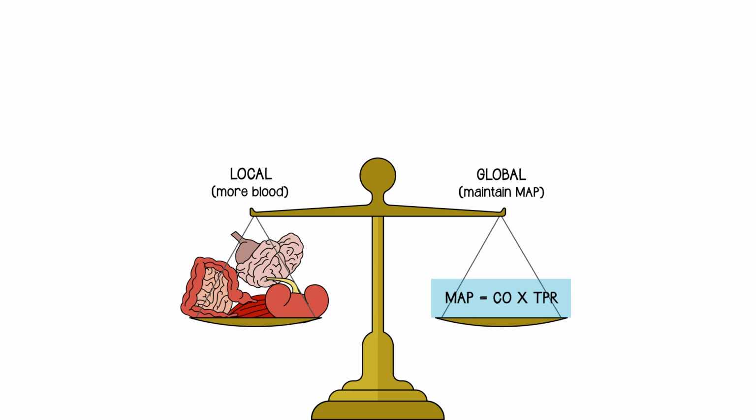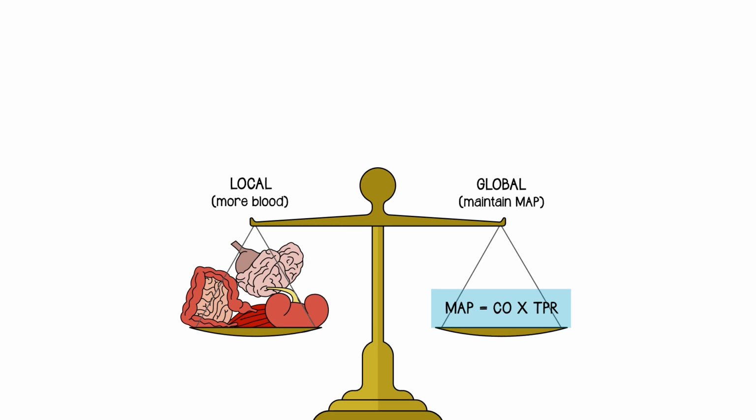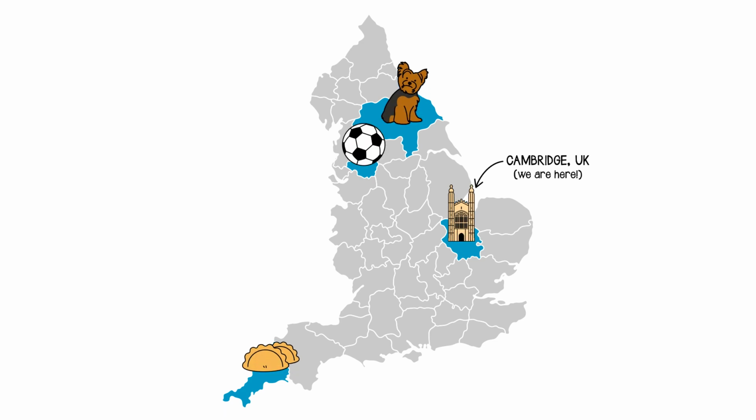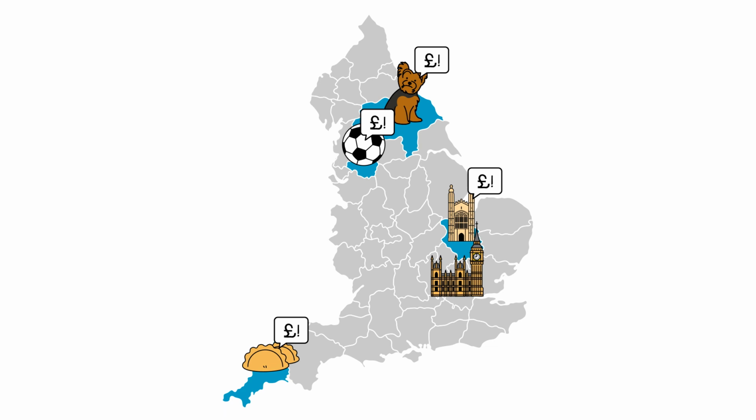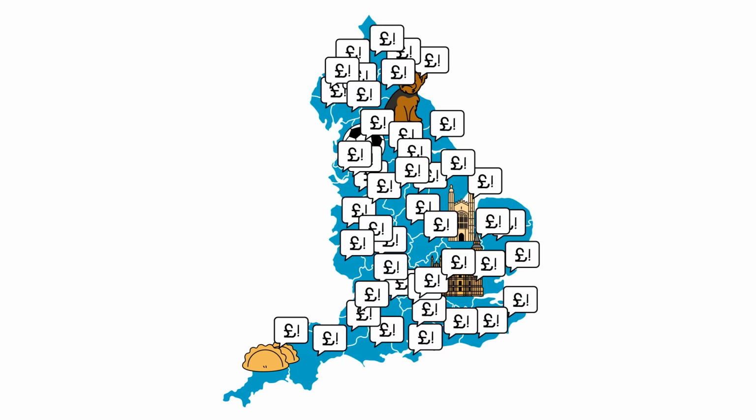So there's always some sort of compromise going on within blood vessels, the local control against central control. I often think of this as being analogous to local government and central government. If you imagine how a city is run, the local government within the city are asking for more money. They're saying we need more money for the roads and for the infrastructure and for the dustbin collection. But central government says, well, you can have a little bit more money, but perhaps you can't have as much as you want. We're going to ration the money because there are other cities and other councils that want that money as well. So you have a bit of a compromise between local demands and central availability of resources.